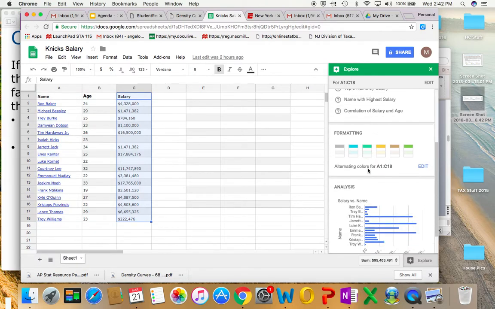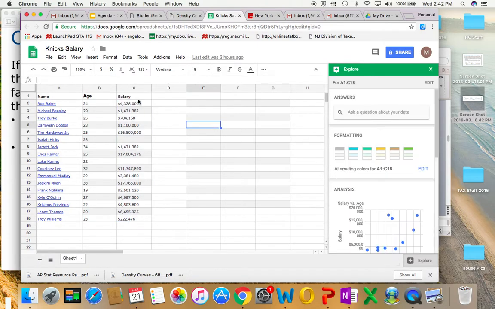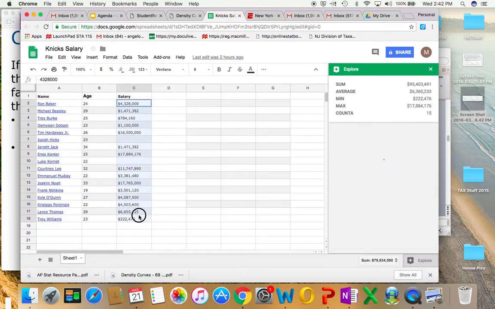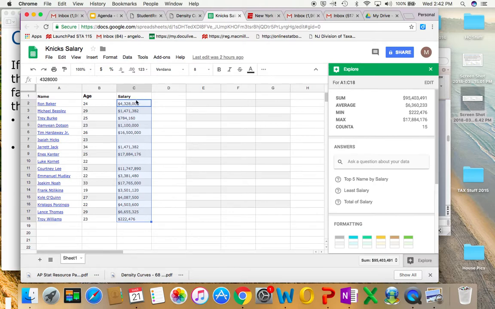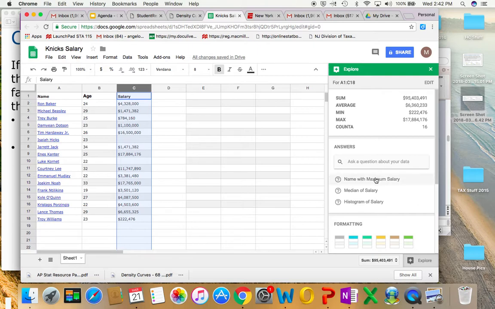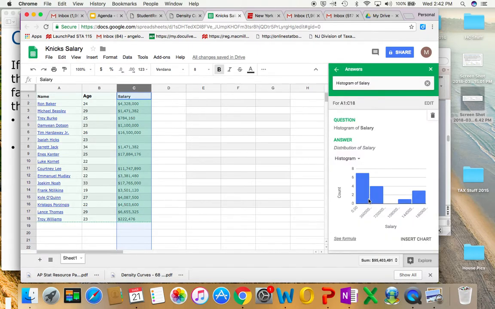Let's just double check and see what that shape actually looks like. Should be a way to create... Oh, it's not coming up. Let's try this. Salary. Let's highlight this column. Sometimes that makes it work. Histogram of salary. Here we go. And if I take a look at this chart,